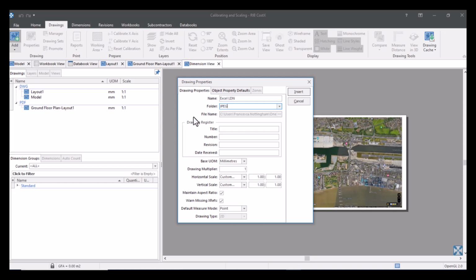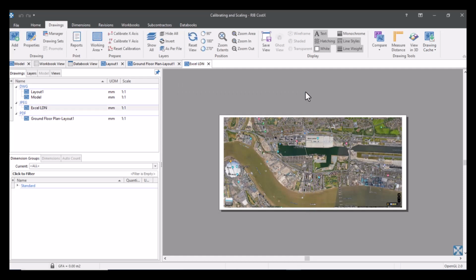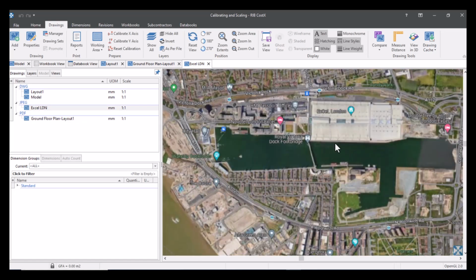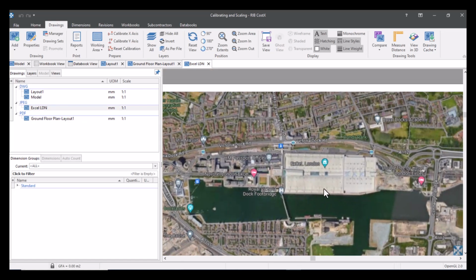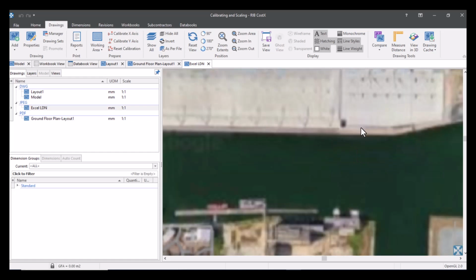And once again, I'm going to leave this info as it is, just because it's quite a good base to bring a drawing in on. And what we're going to do is calibrate from the known dimension on the drawing. So let's just insert this, and here we go. We've got our new folder with our drawing, and if I zoom in, you can see not a very intelligent drawing. It's very pixelated when I zoom in,